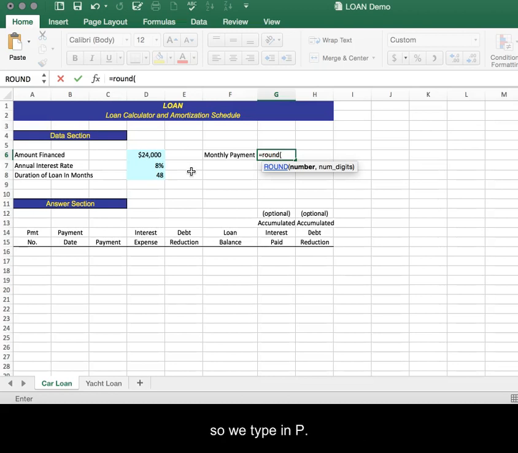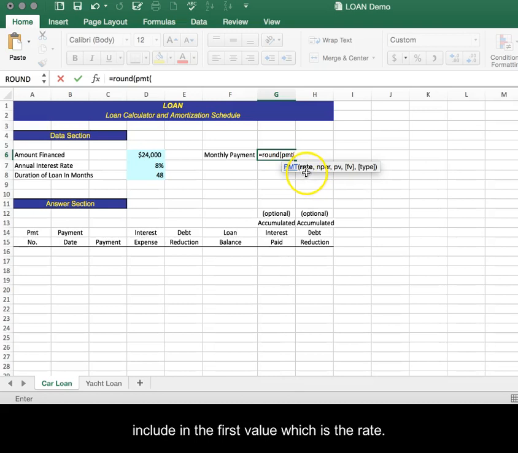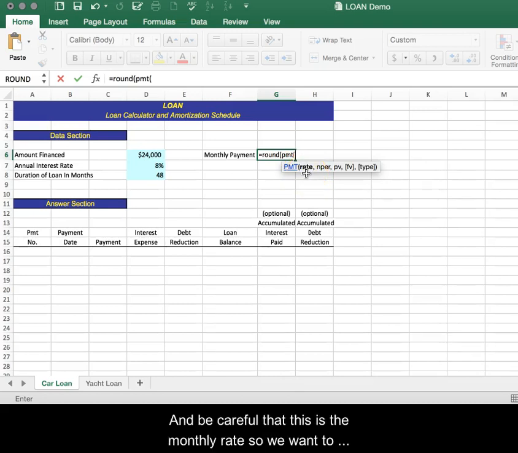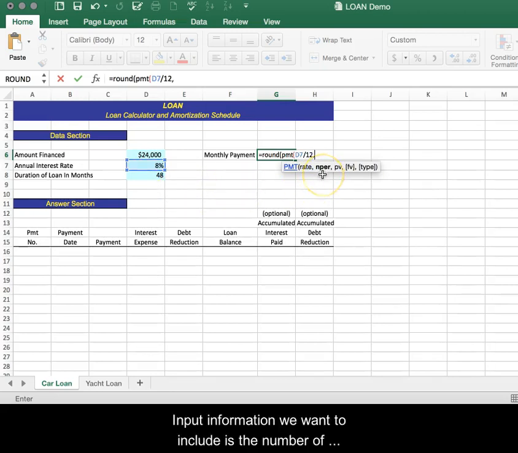So we type in PMT, open parentheses, and Excel already tells you what to include in the first value, which is the rate. Be careful that this is the monthly rate, so we want to reference cell D7, which is our annual rate. So we go D7 divided by 12, comma,